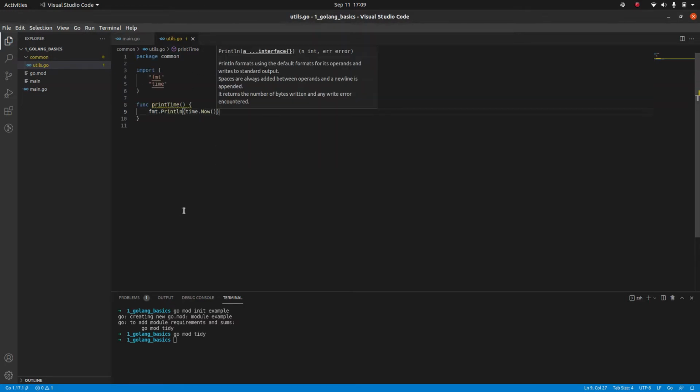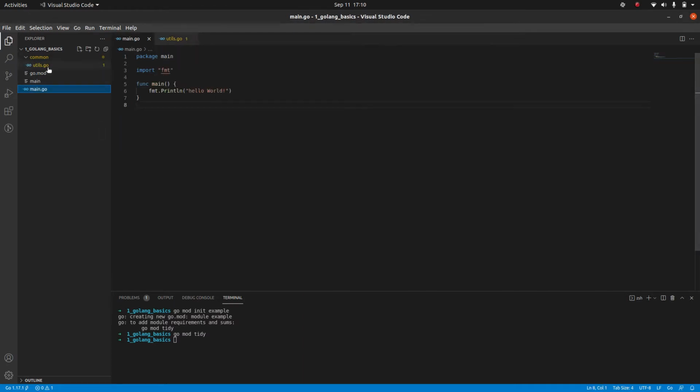So what I'm planning to do is use this function inside main.go. So let's import the package. My module name is example, and I'm going to call the package common under my main package. How can I do that? I can just pass the module name, then the package name, that is common,